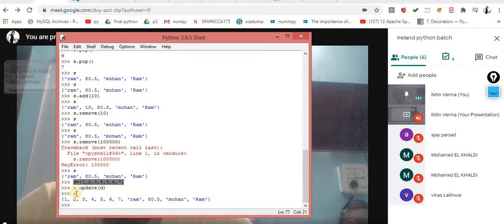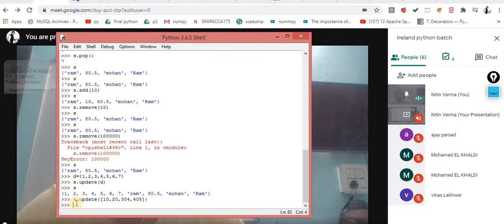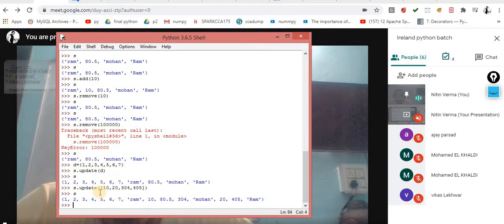So the update, the same thing. If you want to update the data from one set to another set, then this would be used. Let's suppose I am using update. Let me check whether it works or not. Let's suppose this is the item that I want to update into the set. I think it should work. Yes, it works. You can pass even a list over there. So it is automatically updated inside your set with the help of update. With an iterable object you can do anything.